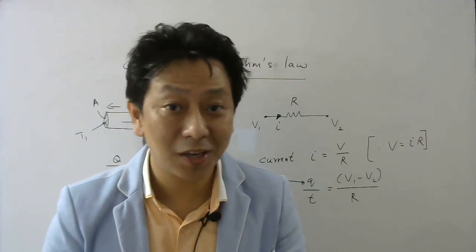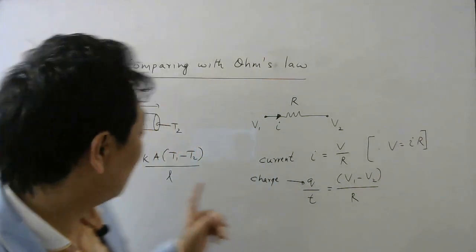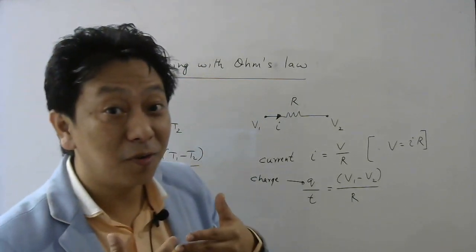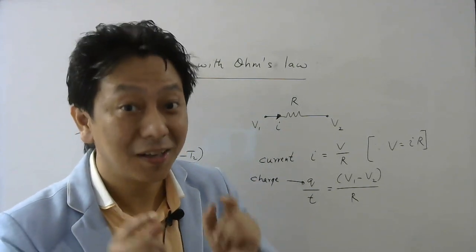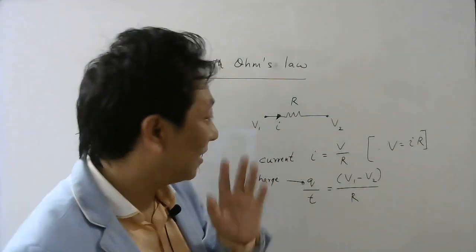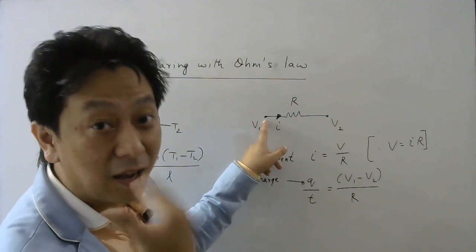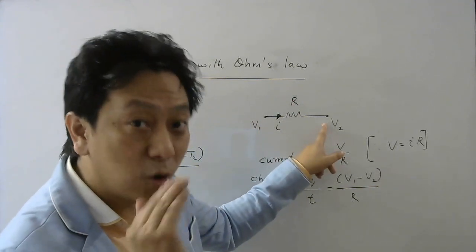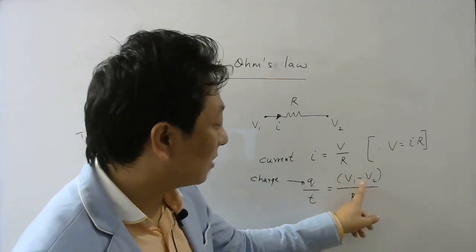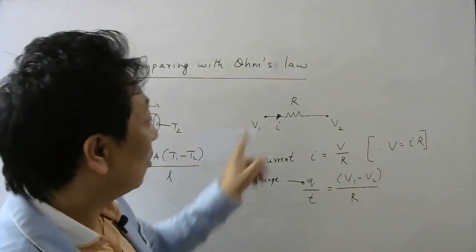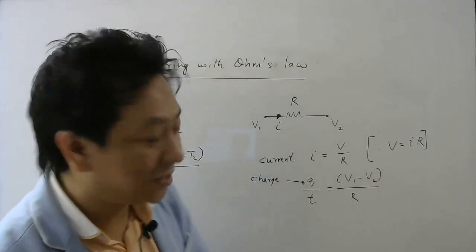Many problems of this topic can be solved easily by comparing the formula of the rate of flow of heat, this one which we have studied, with the rate of flow of charge. And rate of flow of charge is called current, and current in a conductor can be found using Ohm's law, isn't it? Now imagine this is your resistor whose resistance is R, and one end is at higher potential V1, other end is at lower potential V2, and V represents the potential difference. So V1 minus V2 is your potential difference. Now when you maintain this potential difference with the help of a battery, in the case of a resistor, current flows.